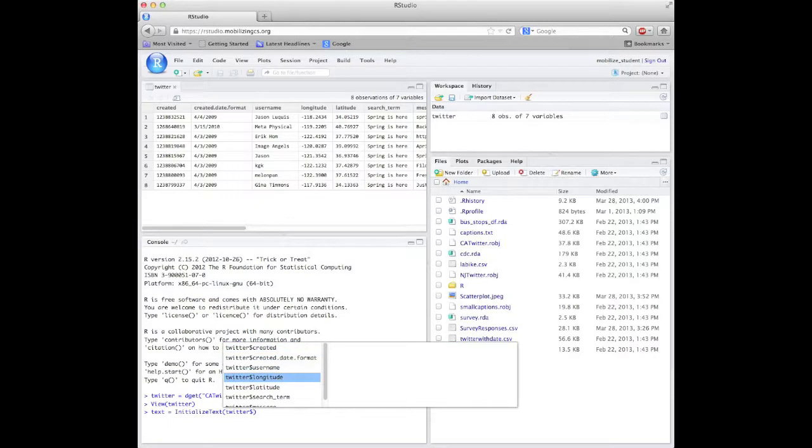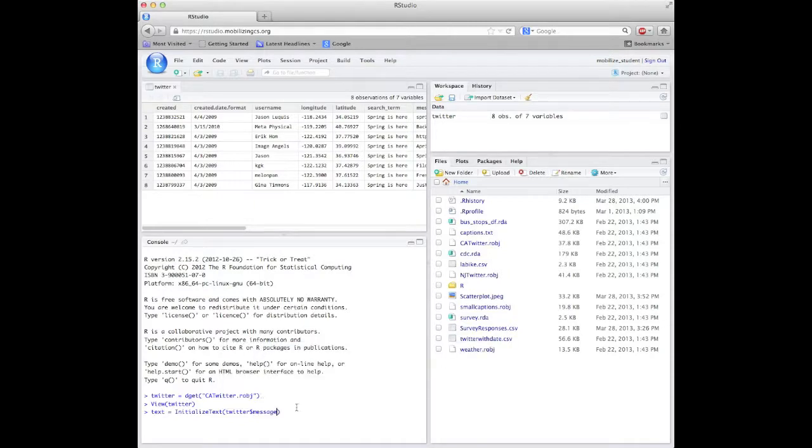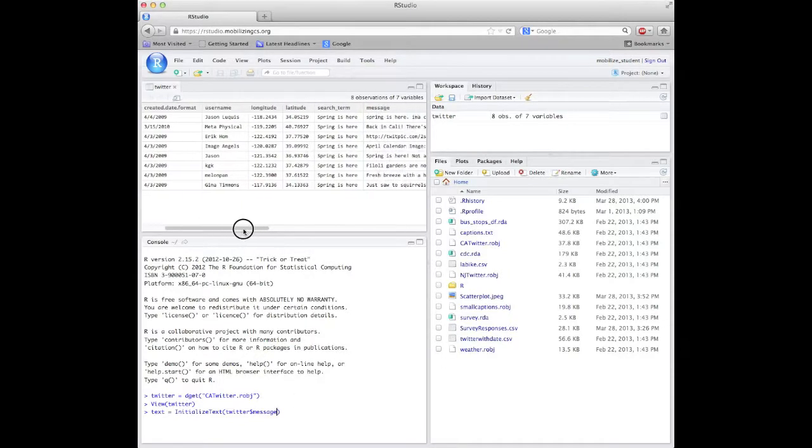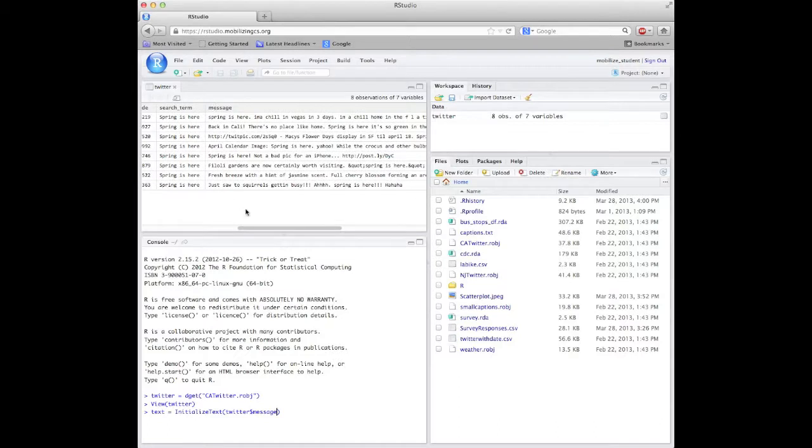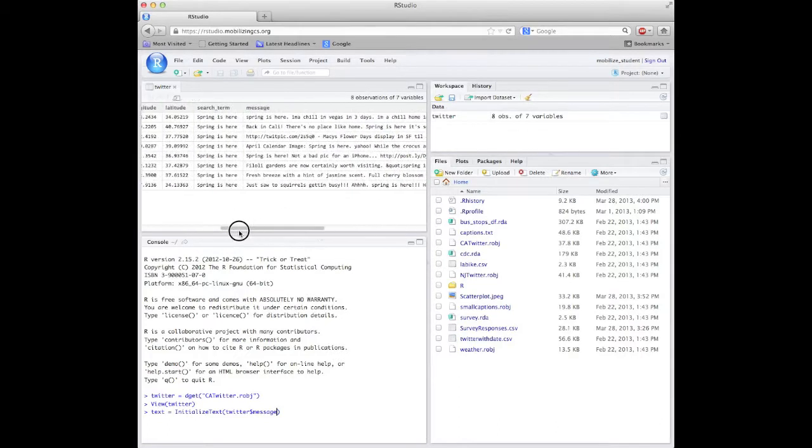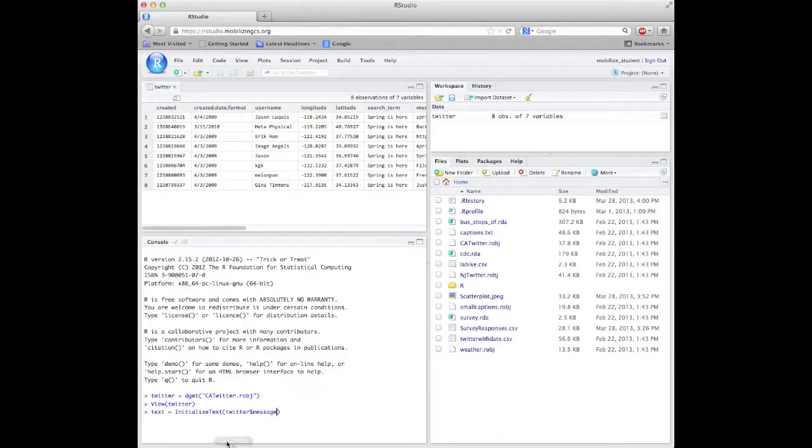So I use the tab here, and I scroll through using my arrow key until I get to message, because I can see that this variable message has a bunch of text data for me to analyze. So once I've got the function InitializeText with the parentheses, the data set, the $, and the variable, I hit enter,